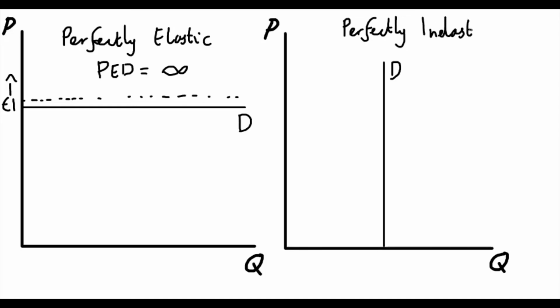So perfectly inelastic, and what it means is if we start off with our €1 for a product, charging €1, this company here can increase the price to perhaps €2, and it can even go further and go up to €3 up here. The key point is that any of these price changes do not have any effect on quantity demanded. So if quantity demanded is 100 when price is 1, well then quantity demanded still stays at 100 when price goes up to 2 or 3.